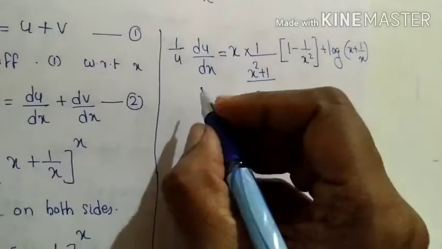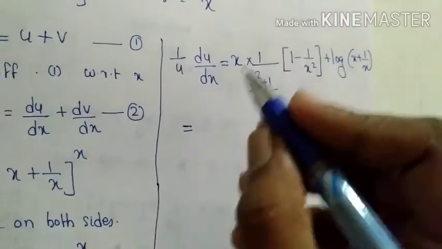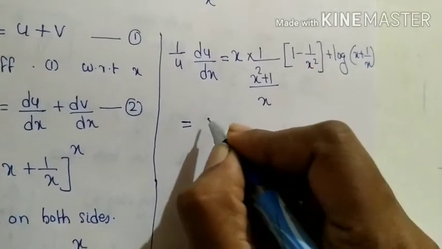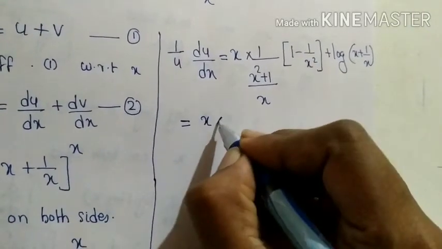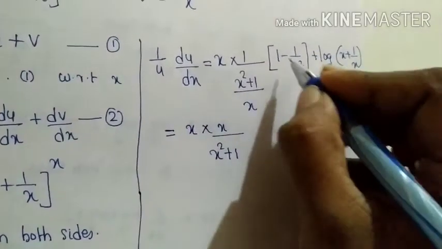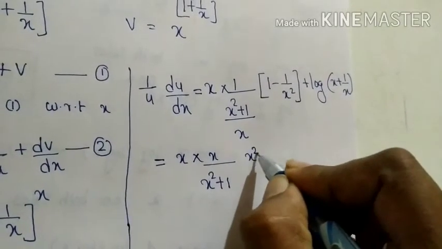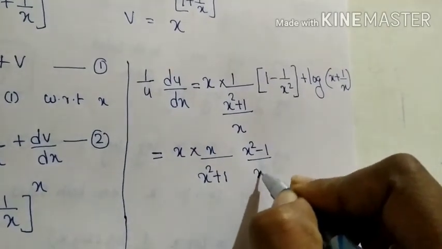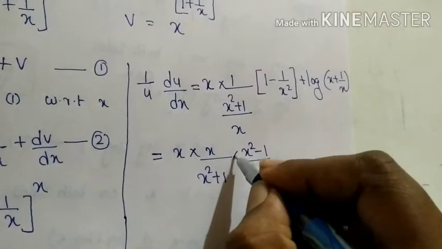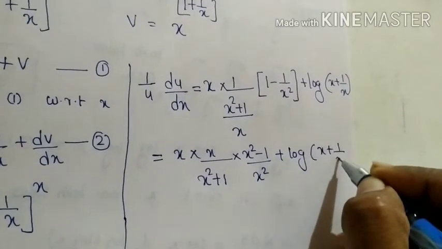Okay, which will be further equal to, this x comes to the numerator, so x into x divided by x square plus 1, and cross multiplying, this term will be (x square minus 1) divided by x square. Okay, plus log of (x plus 1 by x),